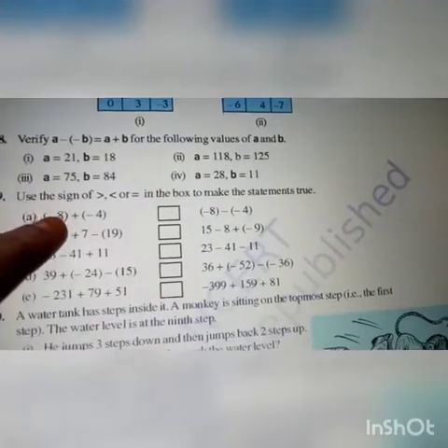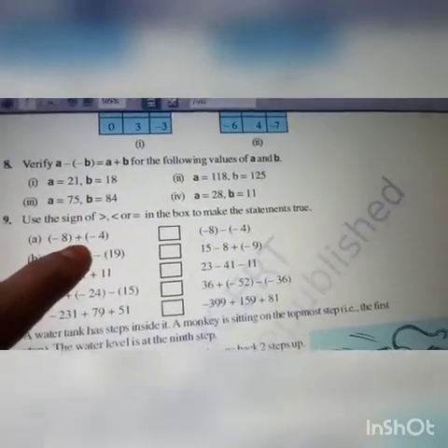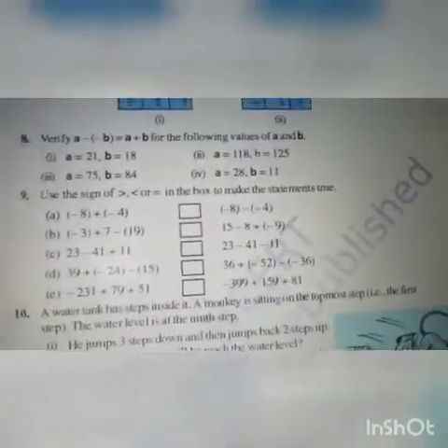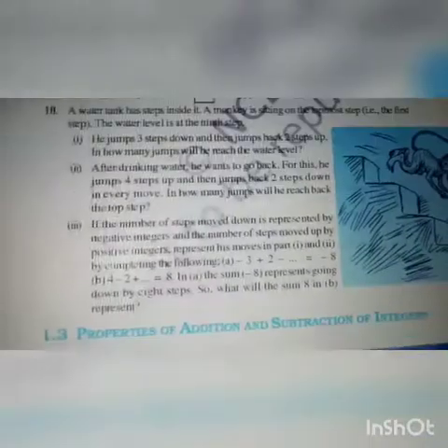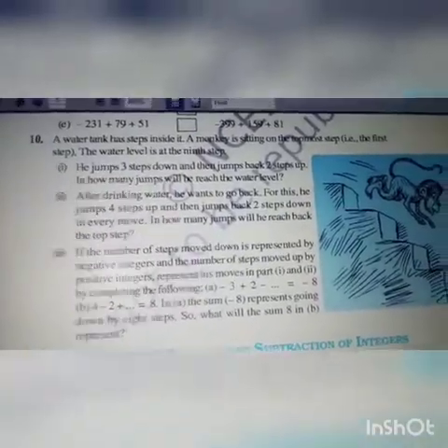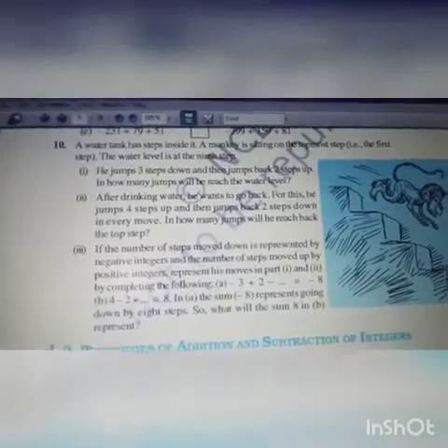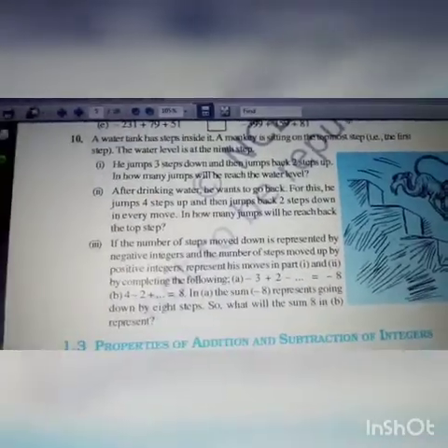Before going to the operation, what should you do? You should remove all the brackets. So plus in bracket means what? Multiplication. Plus into minus, then remove the bracket and solve it separately. Then the 10th question is a monkey problem. Do you remember this problem? Jumps. We are going to count the number of jumps of that monkey.